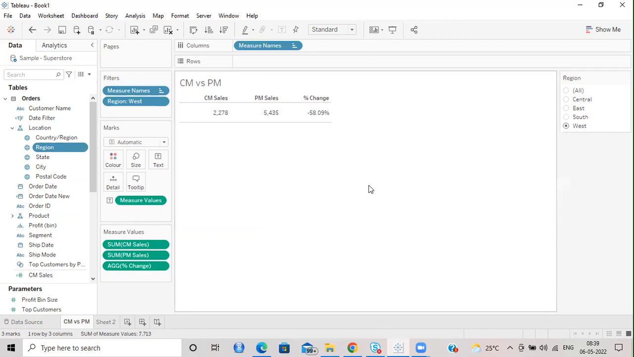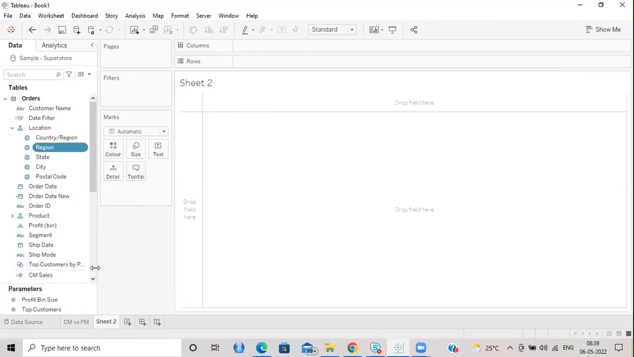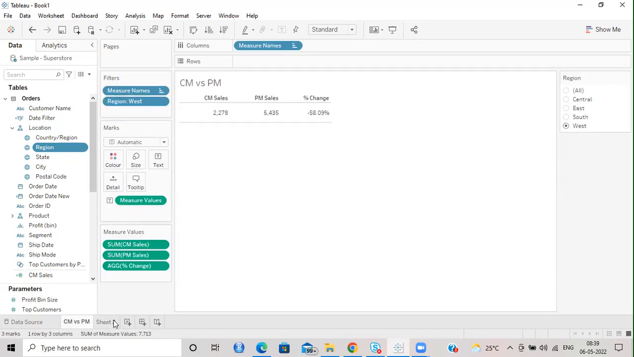But sometimes in real time, what happens is they will tell you, can you highlight that in color? They will ask you to highlight them in color. So right now, the way we have done this will not work. So we have to figure out a slightly different way. Okay, so what I will do here is